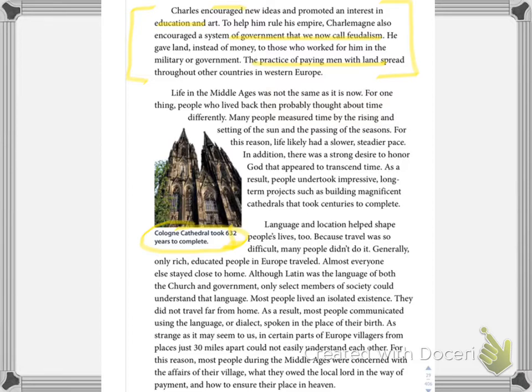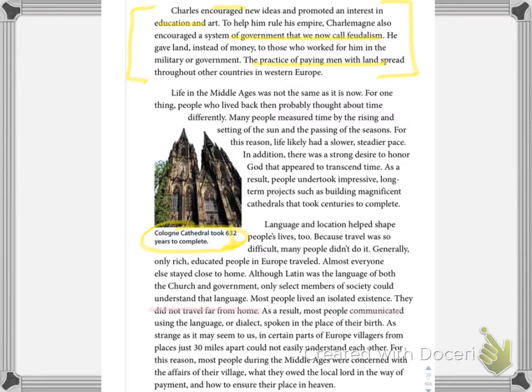For this reason, most people during the Middle Ages were concerned with the affairs of their village and what they owed the local lord in the way of payment and how to ensure their place in what they believed was heaven. So, this paragraph tells us a lot about the Middle Ages, and I noticed that it tells us that the people did not travel far from home,